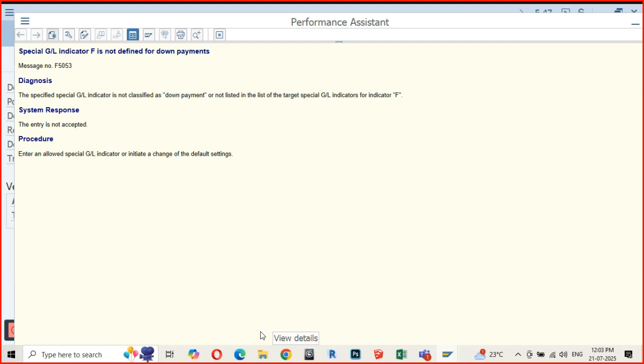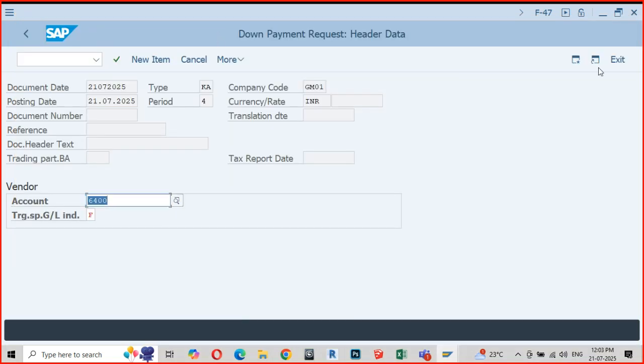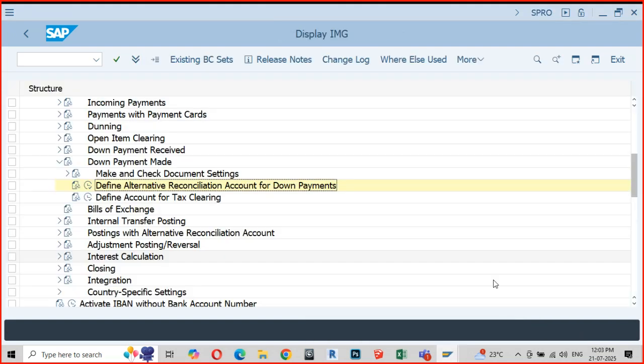Field on F. The indicator specified here is not classified. Just hold on. In the meantime, I'll try to rectify this issue and come back to you.